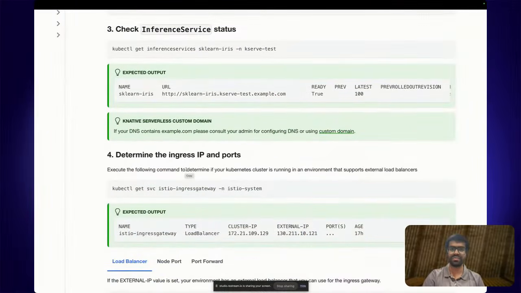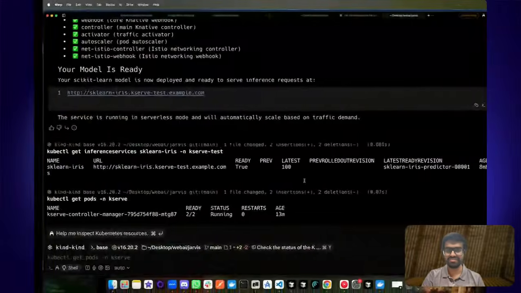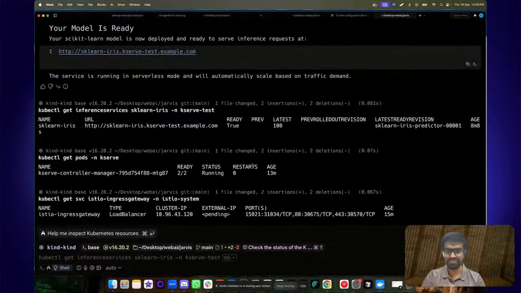So going back to here, I'll also apply this so that our cluster is running and supports the load balancers. So right now it is in a pending state.